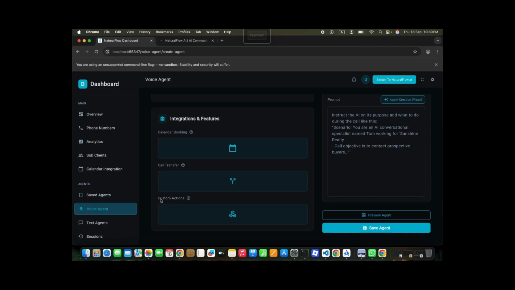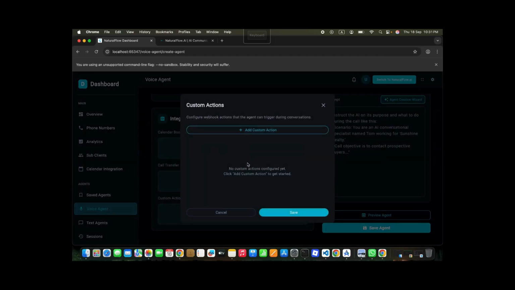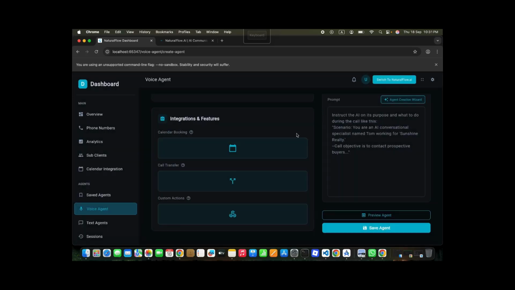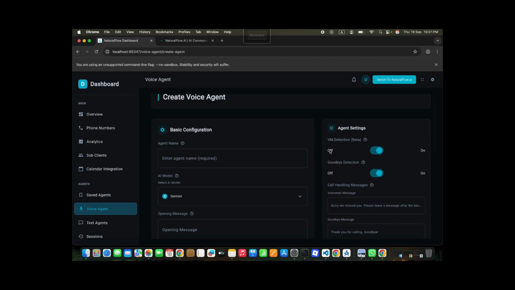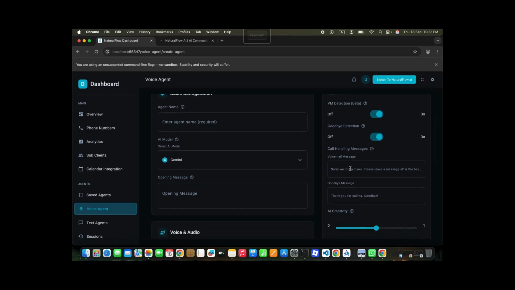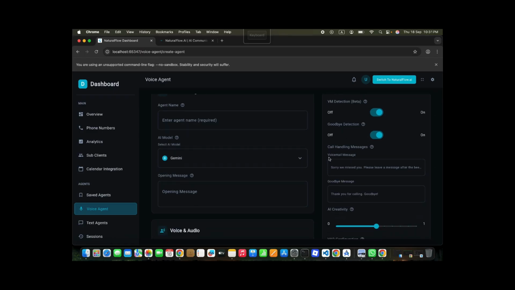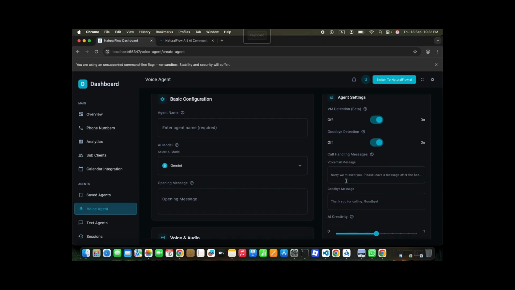Let's suppose the AI agent has to fetch some values from the database, so it would be able to customize an action, and we can add multiple custom actions if the AI agent has to perform multiple actions. Now for the voice activity, like the VM detection, if it is turned off, the AI agent can perform two actions: it can leave a voicemail or it can leave a goodbye message, because based on